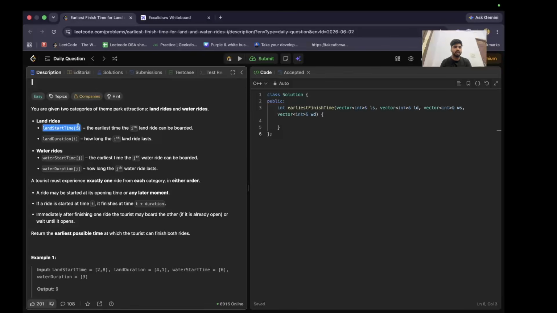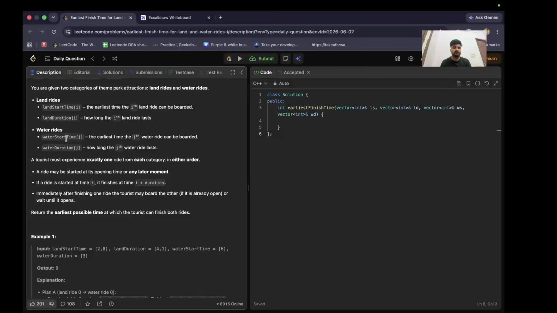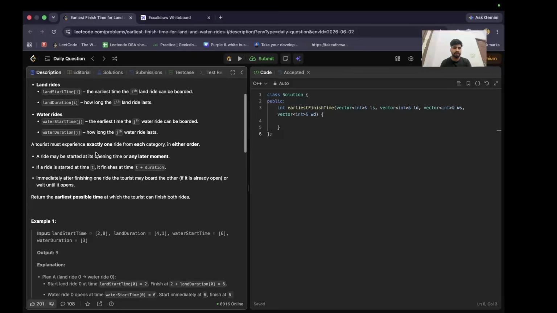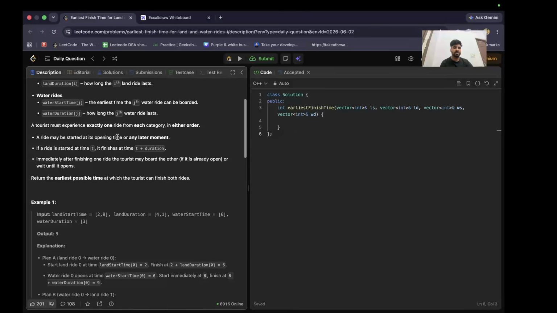Okay, so let's first understand the problem statement. You are given two categories of theme park attraction: land rides and water rides. In land rides we are given a land start time, which tells when you can start the ride, and land duration represents how long that particular ride takes. For water rides, the start time is when you can start the ride and the duration is how long you can enjoy that ride. And there is a condition: